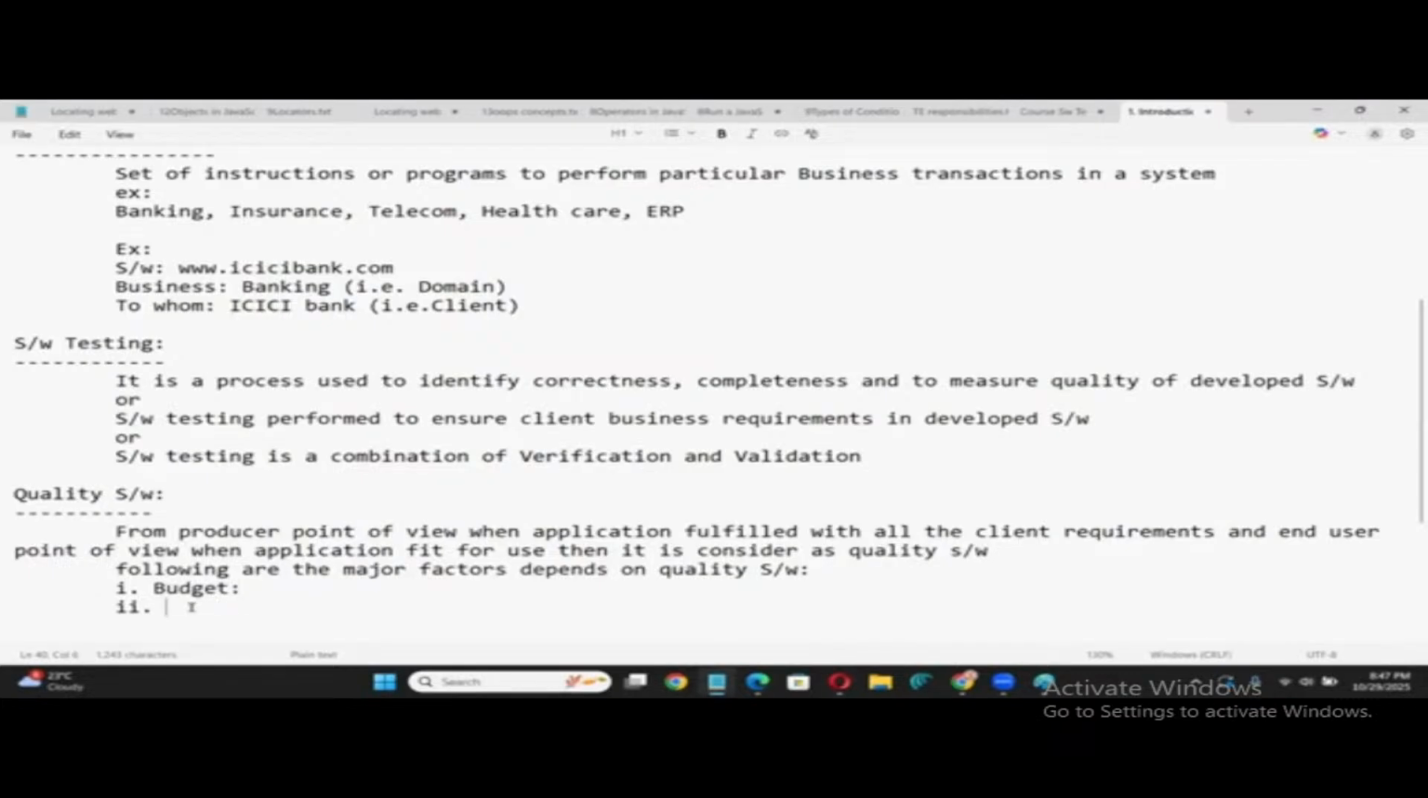Second one, in-time release. If the client expects the project to be completed within 8 months, make sure the software is delivered within 8 months to the client. Third one is